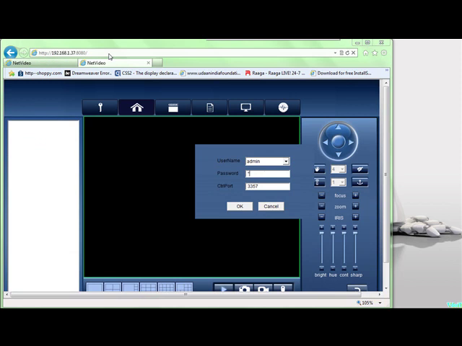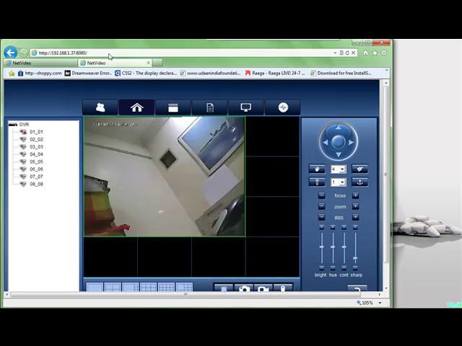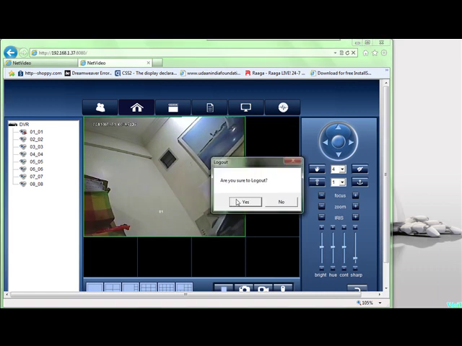As you enter that address, you are able to see the DVR software on your computer. So you will give the password and you see you are here already. Because I have attached one camera, you can view one camera at this time. So this is all at this time for